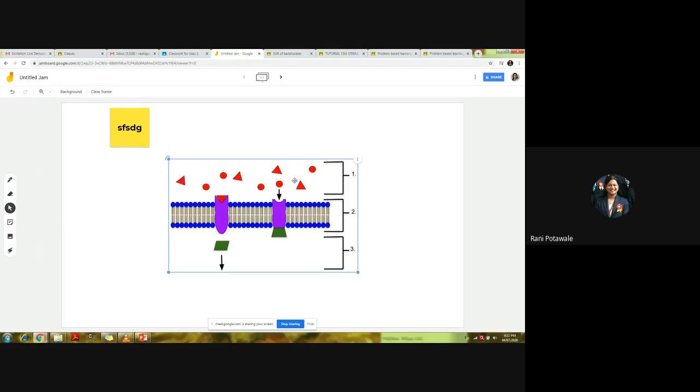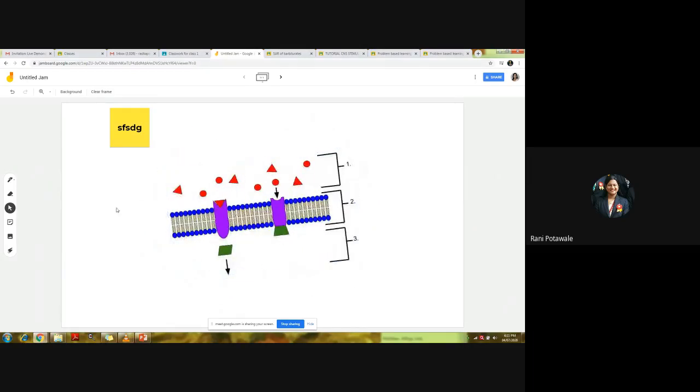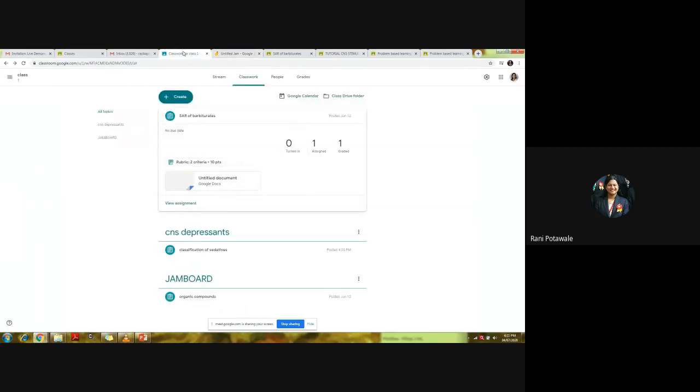If you have created any image, there is an option of editing. As it's a ready-made image, here we can duplicate it also. We can arrange this on our Jamboard. So these different features we can use in our classwork platform in the assignments to make it more effective.